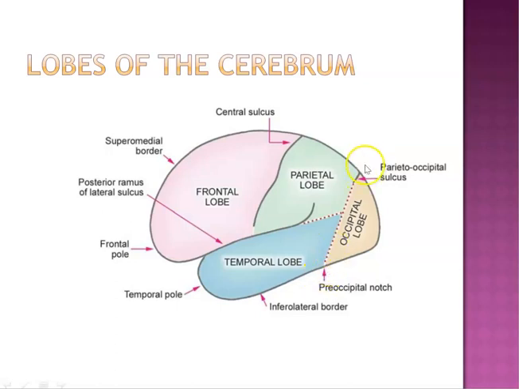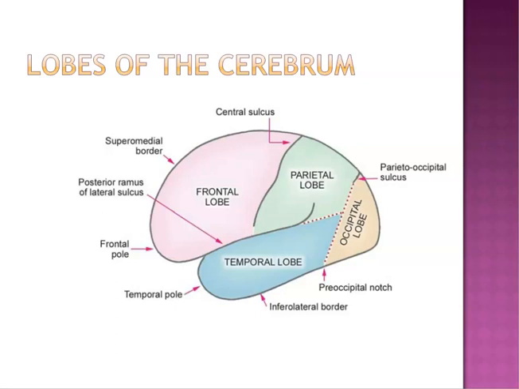The second imaginary line starts from the midpoint of this first imaginary line, runs backwards and touches the posterior ramus of lateral sulcus. With the help of these two imaginary lines, we can segregate the lobes of the